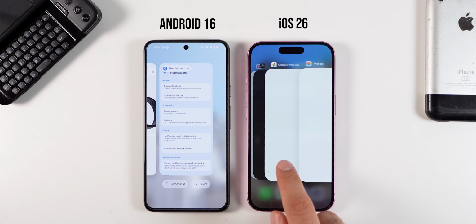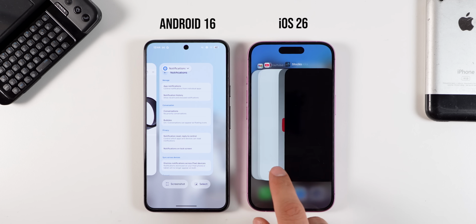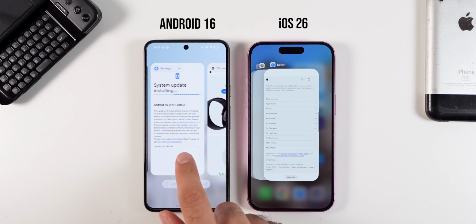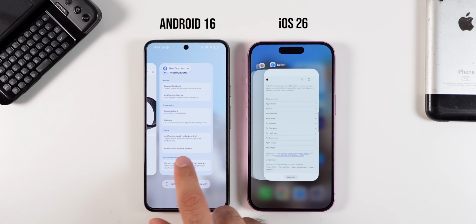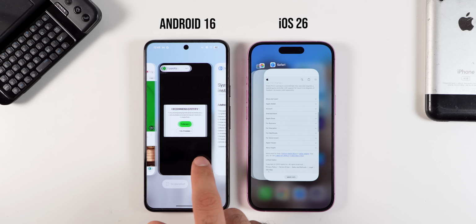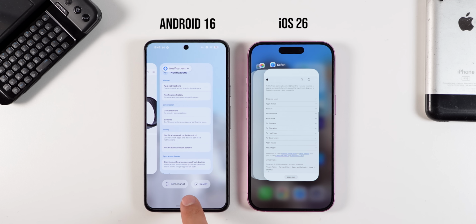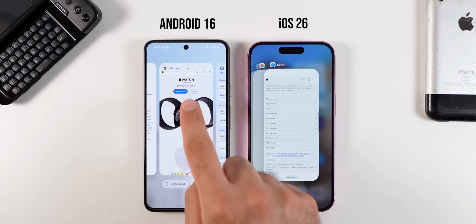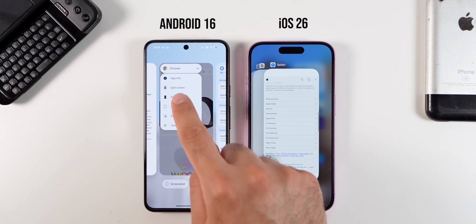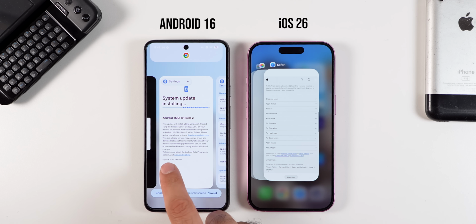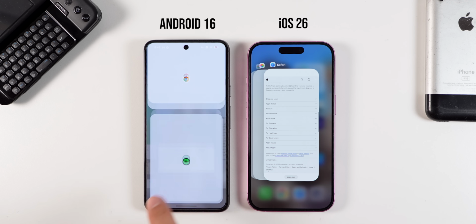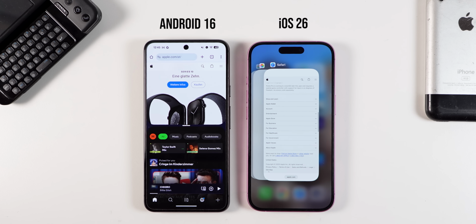On iOS, the recent apps are stacked over each other, and you can simply browse through them. On Android, the recent apps are next to each other. There is one change on Android 16 though. You can now click on the menu bar instead of holding the icon of the app to access some settings. For example, you can split your screen and select another app to see two apps simultaneously, which is a great